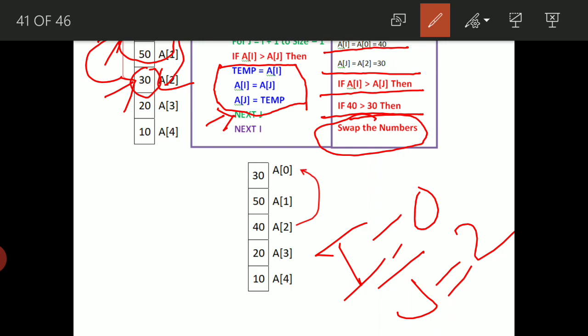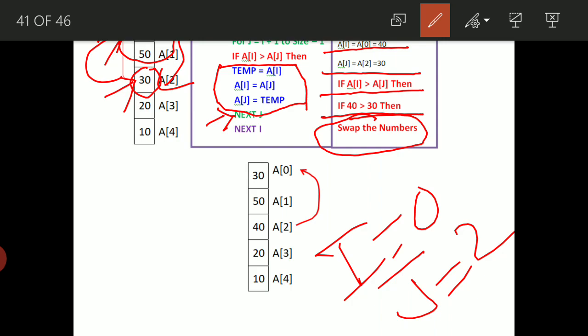Now you are having an array in this position. The first number is 30, the second number is 50, the third number is 40, then the fourth number is 20. Then the next comparison, can you expect between which numbers?